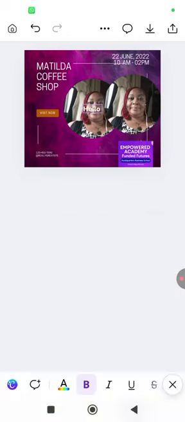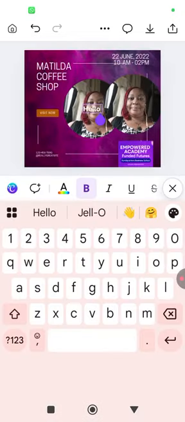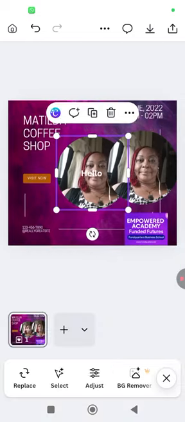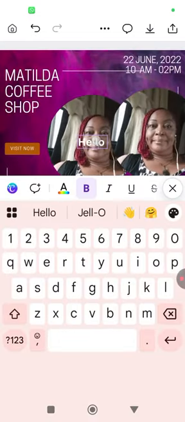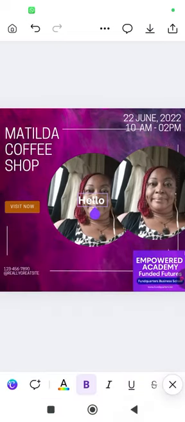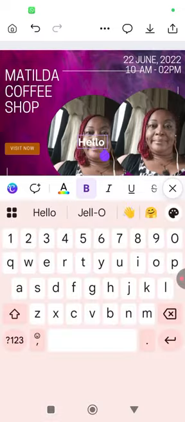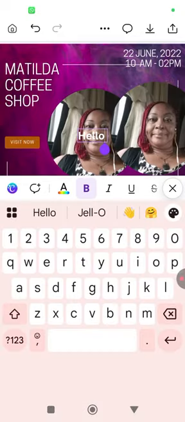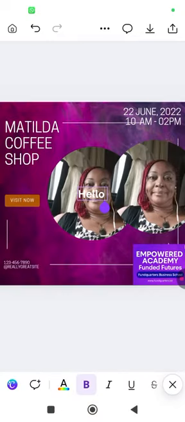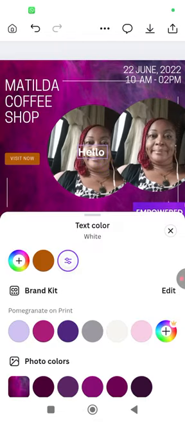I can also move what I've typed. Sorry. As I said, I'm not used to designing with my phone. I'm more used to designing with, what do you call it, with my laptop. So you can move it around. You can also change the color. If I want to change the color of this font, now I can go to colors. I can choose,